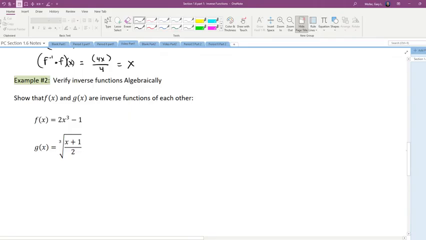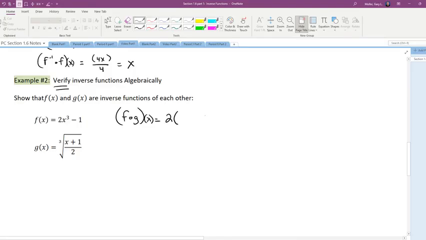I'm doing something I shouldn't be doing. My apologies. I'm answering a question for the future. This just said verify. I did not really think about what this said. Okay, so all they want us to do here is to do f of g of x and g of f of x and find out if they are inverses. So if they are inverses, when I do the composition,